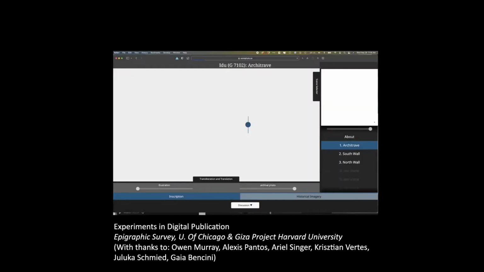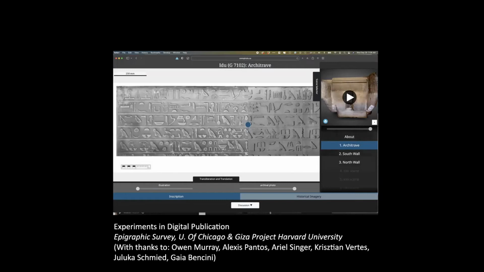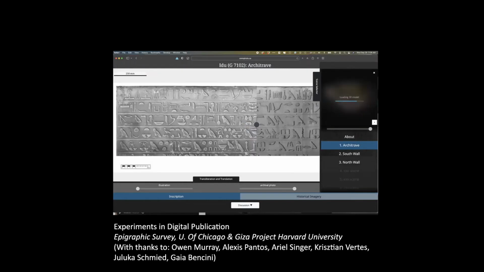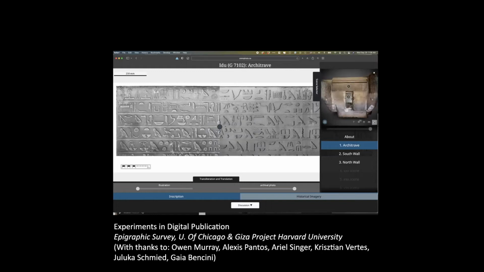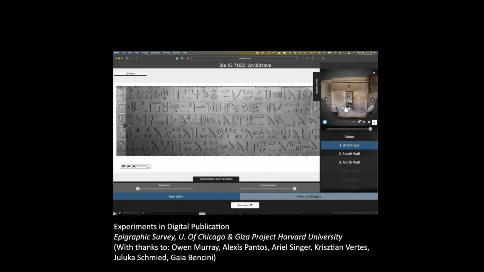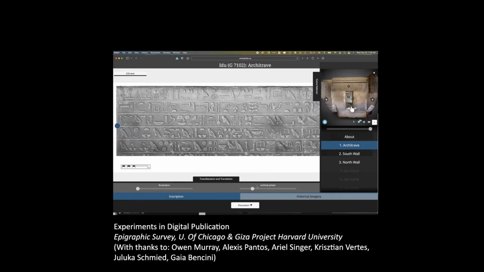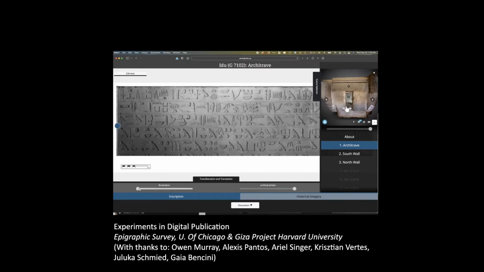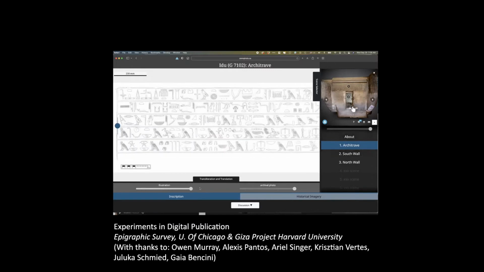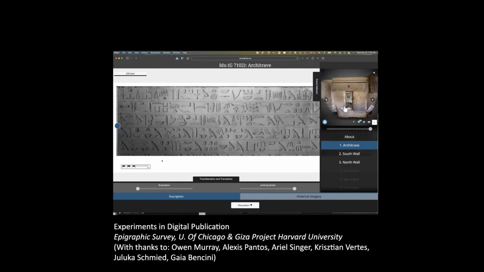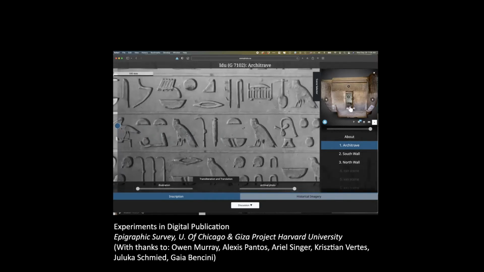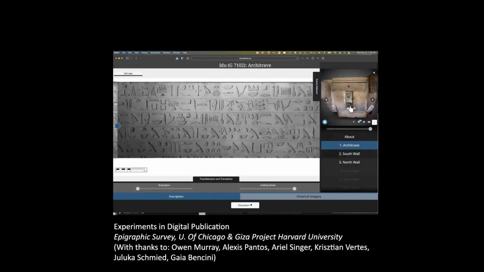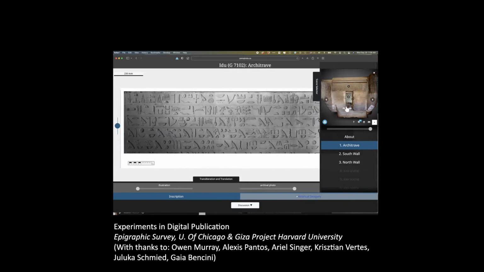Another feature, and this gets more to the texts, and this point we've been playing with, and down below you can see my colleagues at the Epigraphic Survey have done great work with this architrave from Giza. The 3D model from Sketchfab is on the right, and then here you can slide between historical photography or more recent photography, or the line drawing, the epigraphy here. Eventually, I'd like to pull these out in paleographies and other types of parsing that we can really get at the text in a more systematic way.